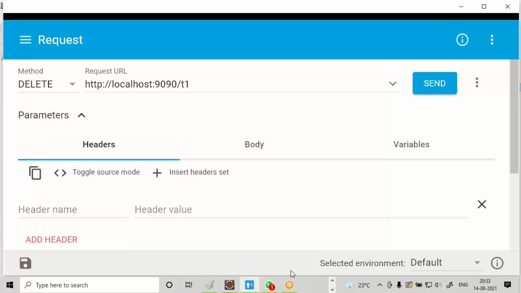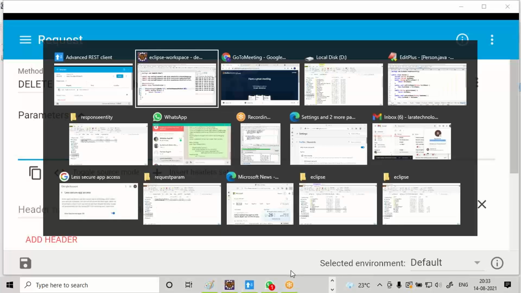These HTTP methods are very significant while interacting with the database. Today we never interacted with the database. While interacting with the database, all these HTTP methods are very significant. Please observe. To interact with the database, there is a separate module called Data JPA. While covering Data JPA, you will come to know the significance of these methods.